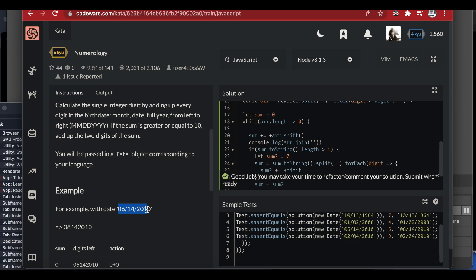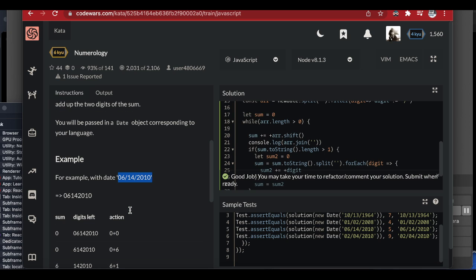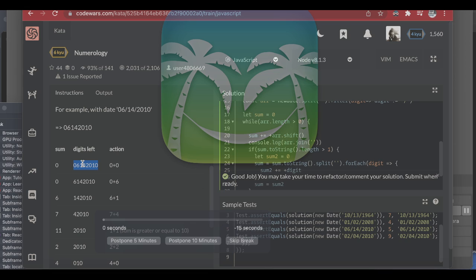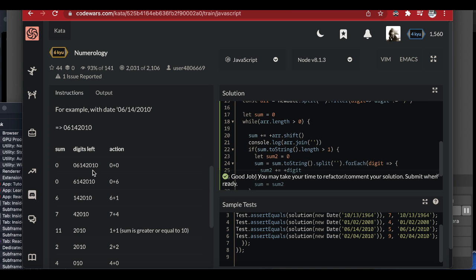Anyway, this is just an example date here, and there's an explanation of the way we'll be obtaining the single digit calculation from this. Now this is the date here. If you look at it this way, we see that there is a sum variable that starts with 0 here, and if we remove the first element of this digit, we strip it off, we're going to be left at the second level with this digit here without the 0. So we remove that first number, we add with the 0 here,